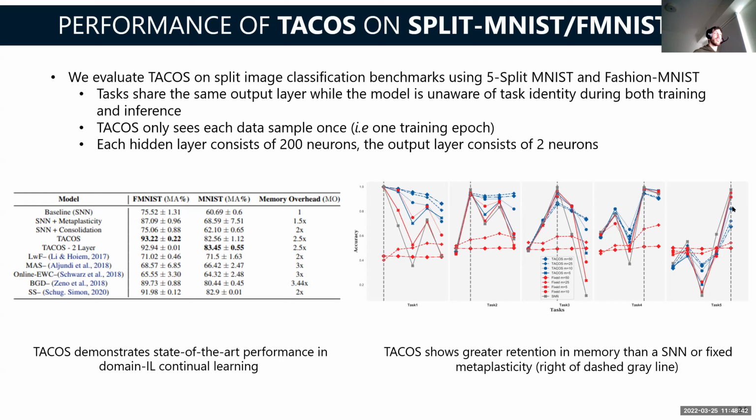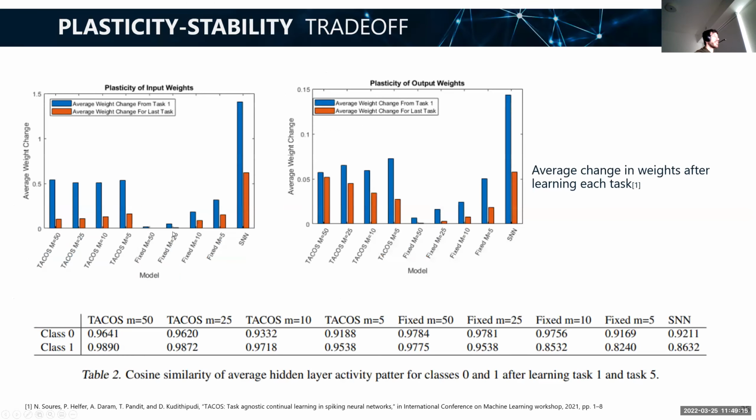And we can see that as the metaplasticity value becomes higher, our specific task accuracy becomes lower and lower. So even early on for task 2, we start to get some form of punishment in terms of degradation in learning future tasks. But typically, for the same maximum metaplastic state, TACOS suffers less, and it allows for more plasticity. We also show the same result by looking at the average plasticity of the weights.